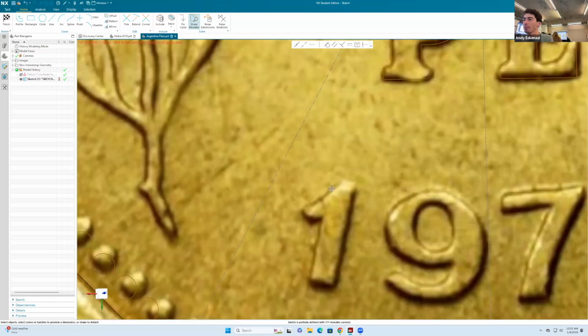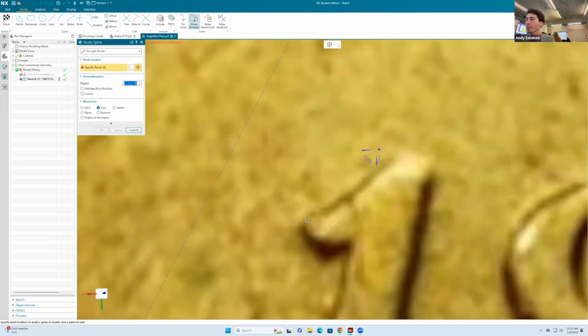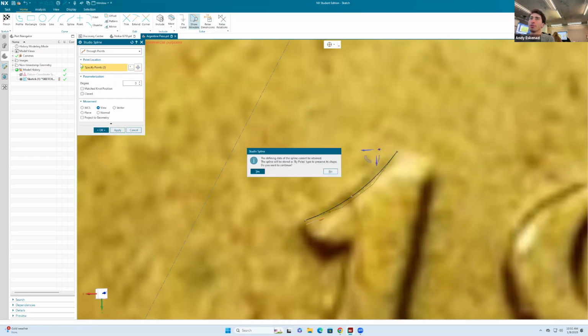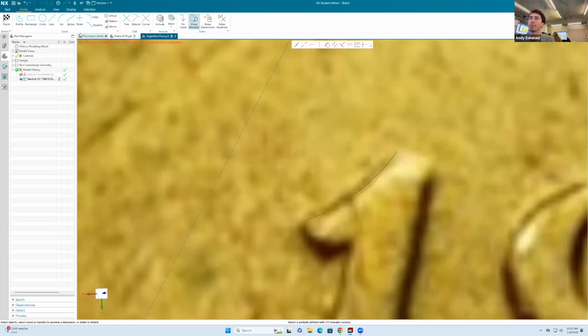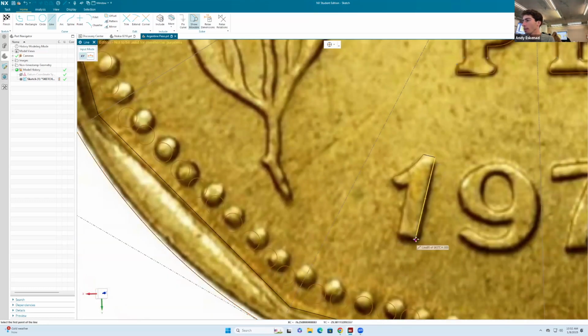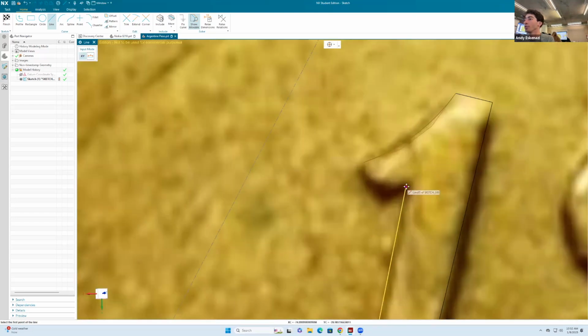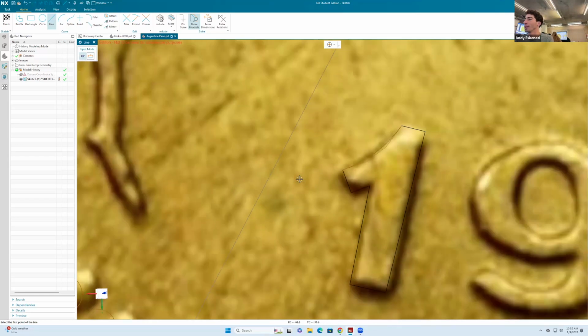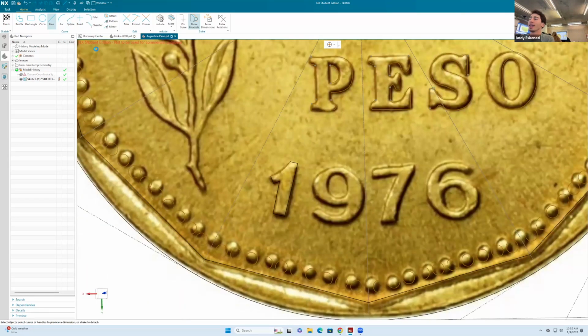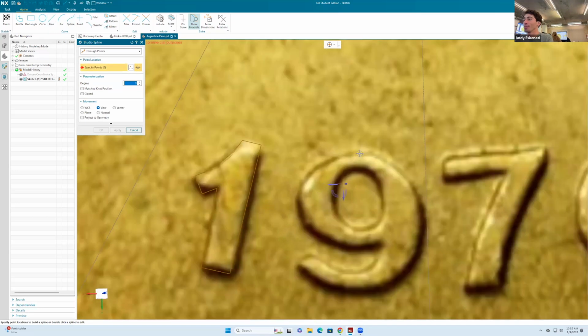Let's do the numbers. Hopefully the numbers will be even a little bit quicker, because they have more straight lines to them. Say yes. I'll make them more blocky like that. You don't have to necessarily do the year 1976. You could make, say, the year that you were born as an example. 1976 is easier because it is the number that you're tracing, but